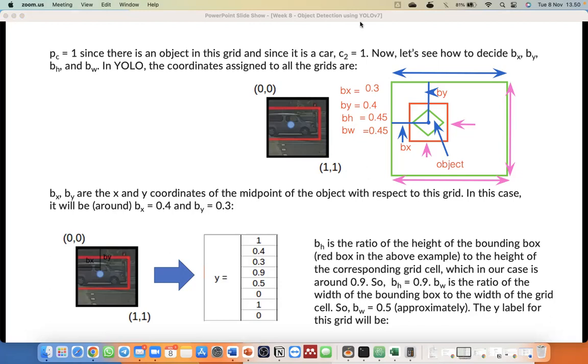So for example, I have an image that has 4 times 4 different grids.